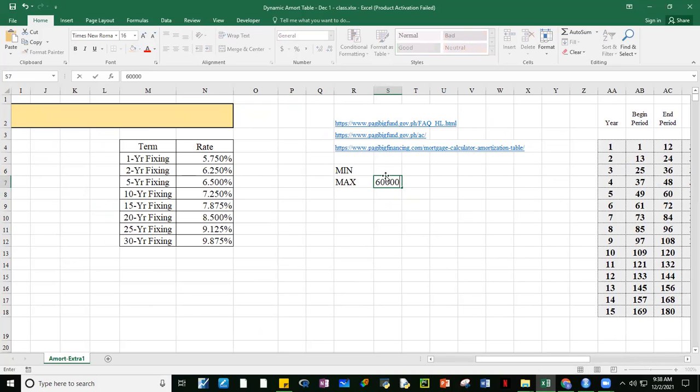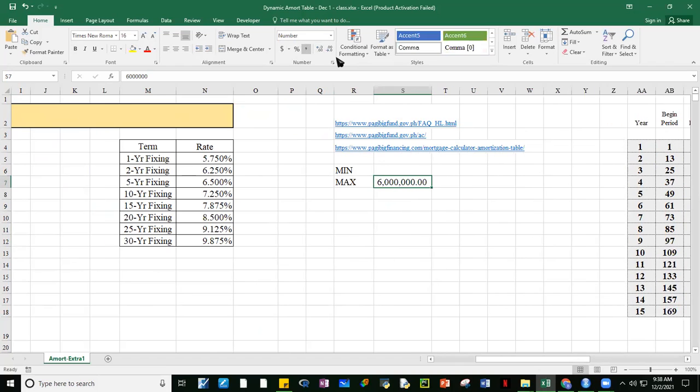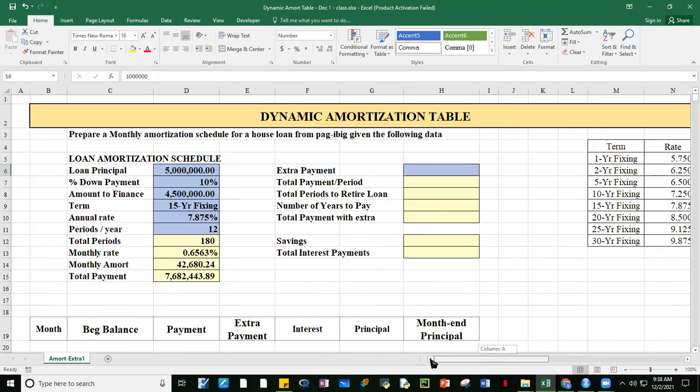Let's just format this. And the minimum, let's assume that the minimum is 1 million. So I want this to change from 1 million up to 6 million, and we